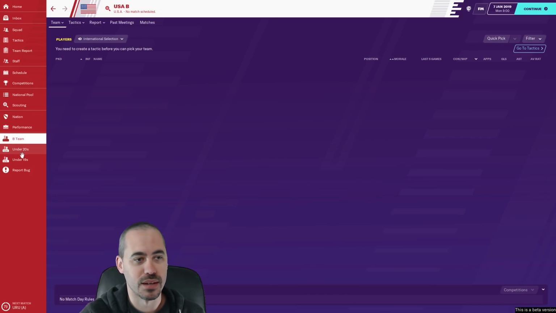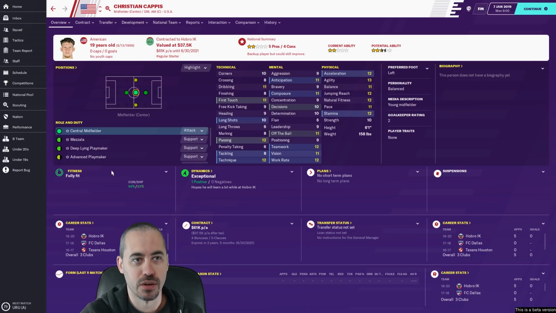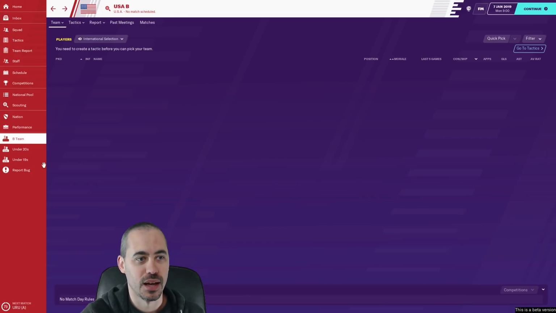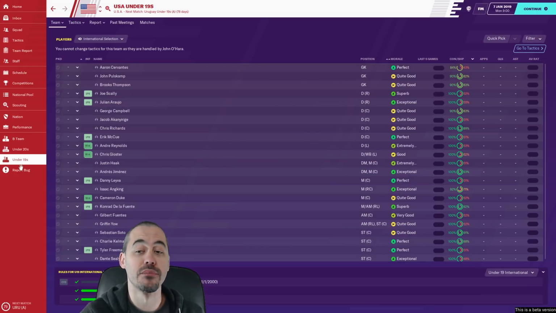We don't have a B team. That'll be interesting to see how that works. Under 20s. Okay, I like. I'm just kind of curious. That's interesting. We have some of the faces. I'm not sure why we only have some of the faces. That's curious. Under 19, so that's automatically. I didn't manage the United States in FM19, but I think that's an automatic difference to having all those different